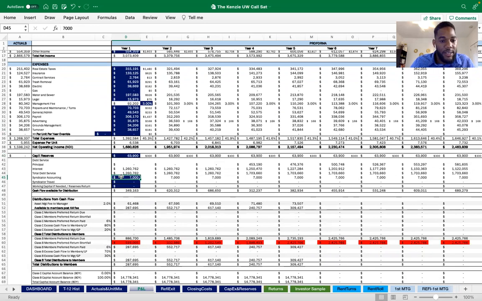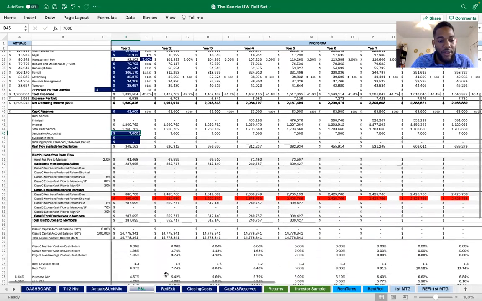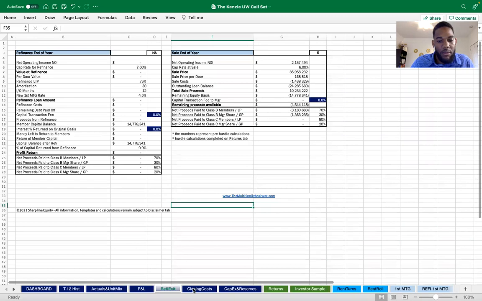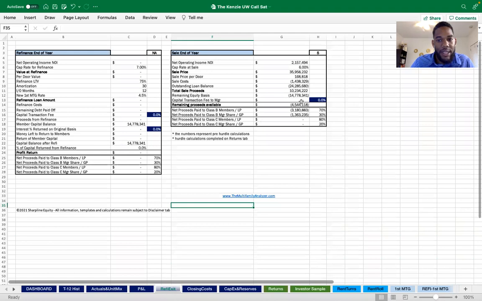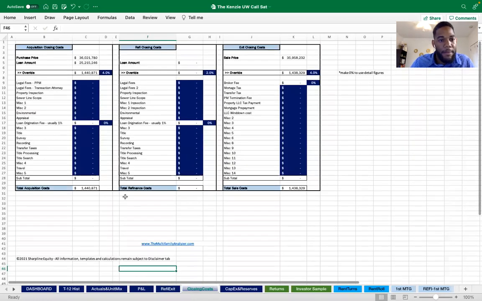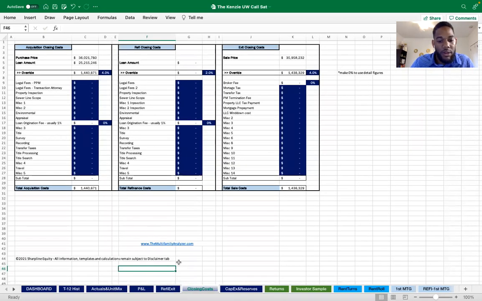We're approaching this deal as a syndication because I think the majority of the people on the call like to look at deals as a syndication. So that's what we'll go ahead and do. We'll assume this is a syndication, so we'll just keep about $7,000 in there for syndication. Charles usually has a capital transaction fee here for the sponsors, so let's just go ahead and put in 1% there. We'll keep our closing costs assumptions to about 3%.